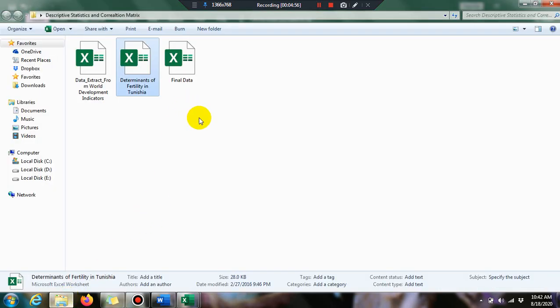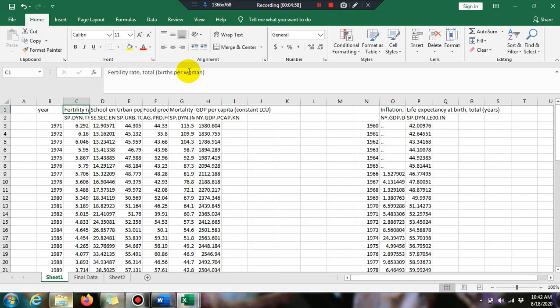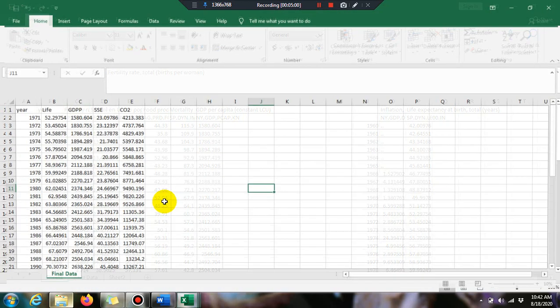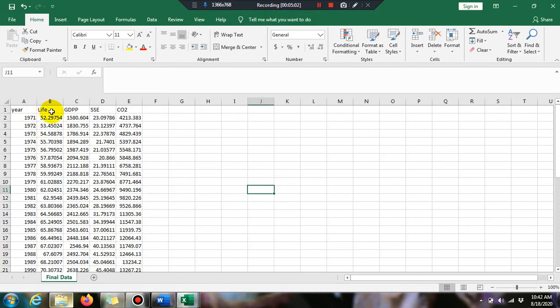Okay, keep in mind that eViews cannot accept spaces in the title of a variable. So I have created another file for you, the final data. See here in the final data, we are estimating the impact of GDP, education, and environmental degradation on life expectancy in the case of Tunis. Here we are actually not doing regression analysis which shows the impact of the independent variables on the dependent variable.